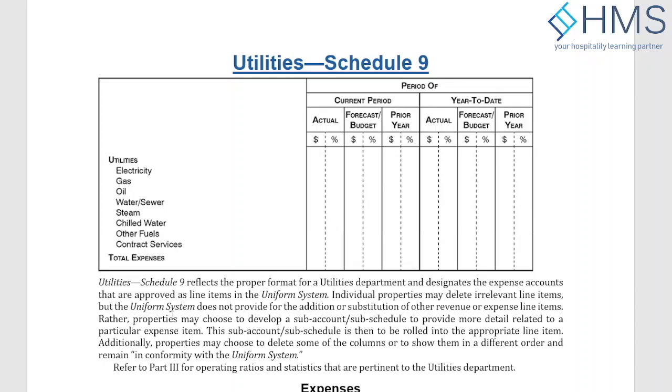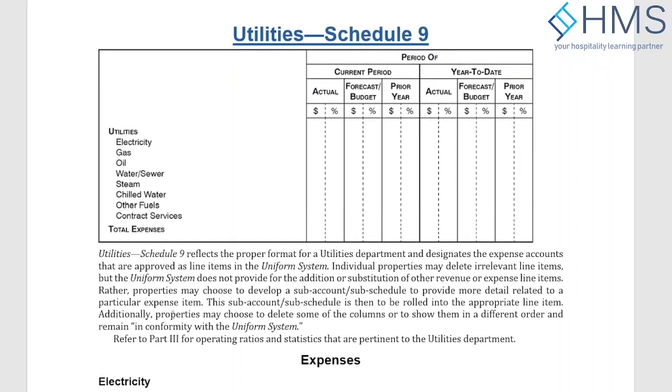So the other part of the maintenance and utility department is the utilities itself. Utilities you will know separately. Usually it's divided into electricity, gas, and oil, meaning the oil for burning, not the kitchen oil or cooking oil. This is only for maintenance of the property. Like if you're in the US, you are burning oil to keep the property warm. That oil is costed here, not the cooking oil. Then you have water, sewage, steam, chilled water.